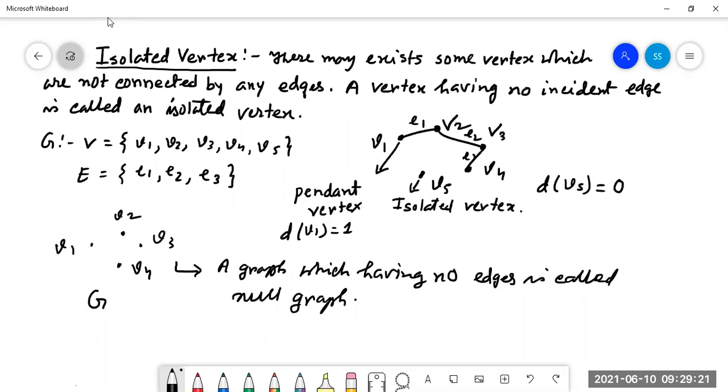Is it understood? A graph having no edge is called the null graph. Generally, we know that a graph must have certain edges and certain vertices. If there are no edges, only vertices, then we can say the given graph is a null graph. That is also a graph, but it is a null graph. Is it possible to have a graph with edges but no vertices? No, because an edge is constructed with the help of two vertices. So this kind of possibility cannot be there.